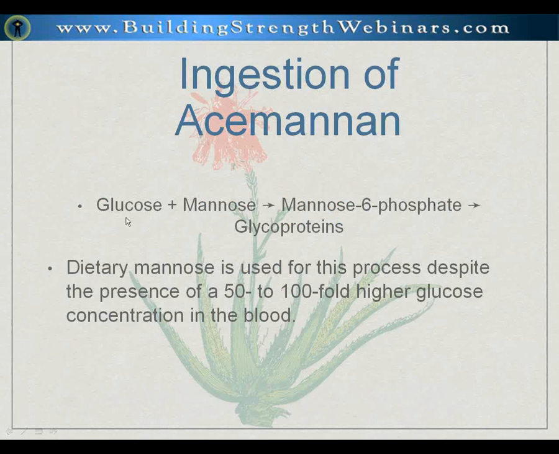Glucose plus mannose can produce glucose 6-phosphate, which is used in glycoproteins. And what's interesting is studies have shown that 75% of the mannose will come from your diet if you have it in your diet. Otherwise, you have to make it from glucose. So dietary mannose is used for this process despite the presence of 50 to 100 times higher glucose concentration in the blood. So why would nature design it that way if they didn't intend us to get those